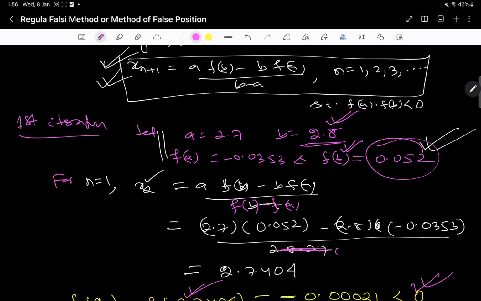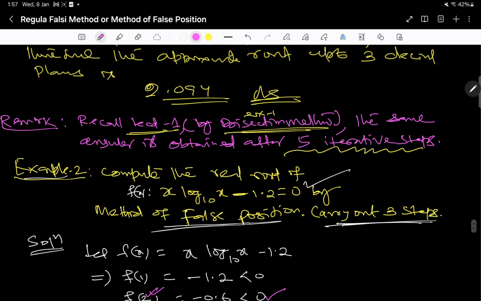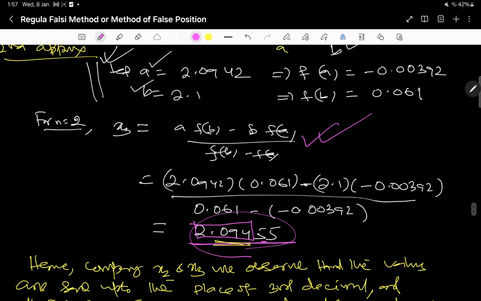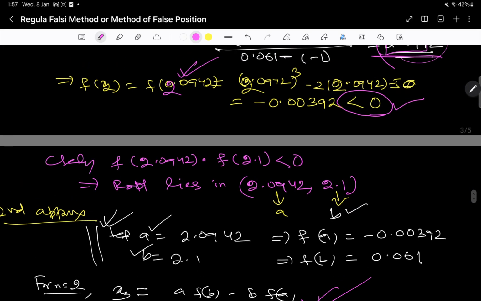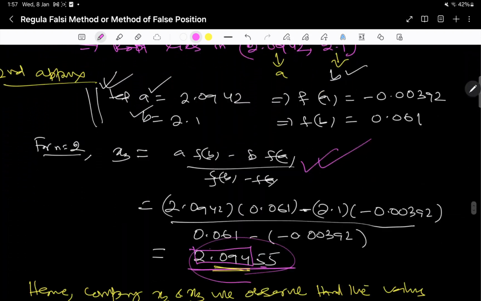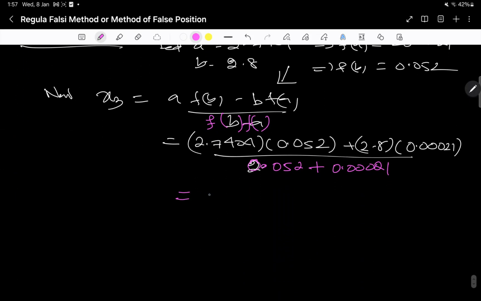So it is here 0.052 plus 0.0353, and accordingly the formula is fb minus fa. Likewise here also we have done it fb minus fa. So now if you simplify it, you will get